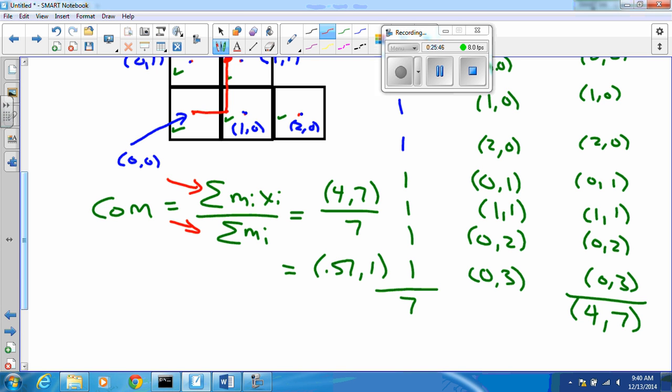I hope this is helpful to you in terms of computing center of mass. To sum up, pun intended, the center of mass is the sum of mass times position